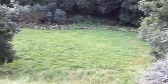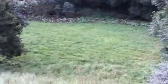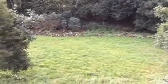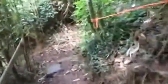You can see there's a very steep drop here, so we need to think about the way in which we allow people down there to make it safe, so we don't get people falling down the slope. At the moment it's accessed by this narrow path with steps down. Pretty rickety little path down here, surrounded by bamboo, as you can see,